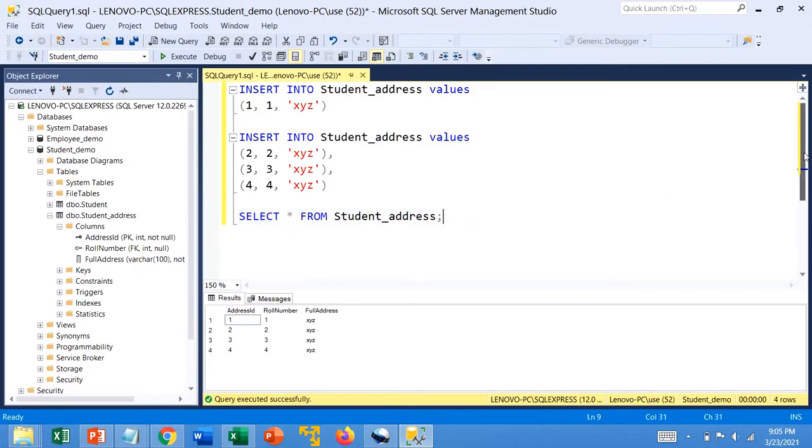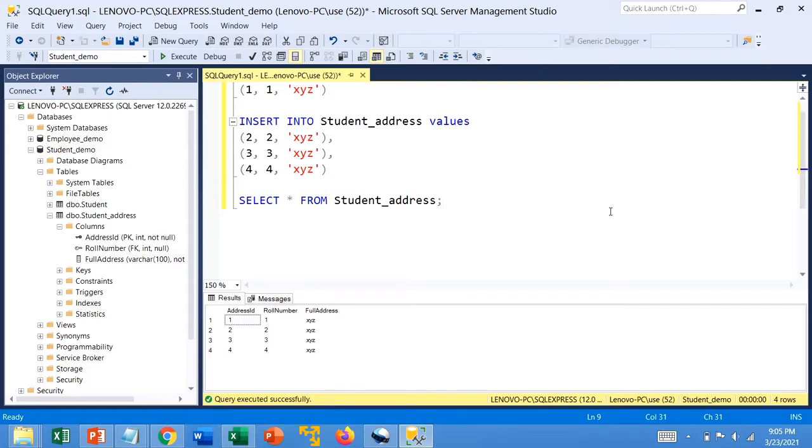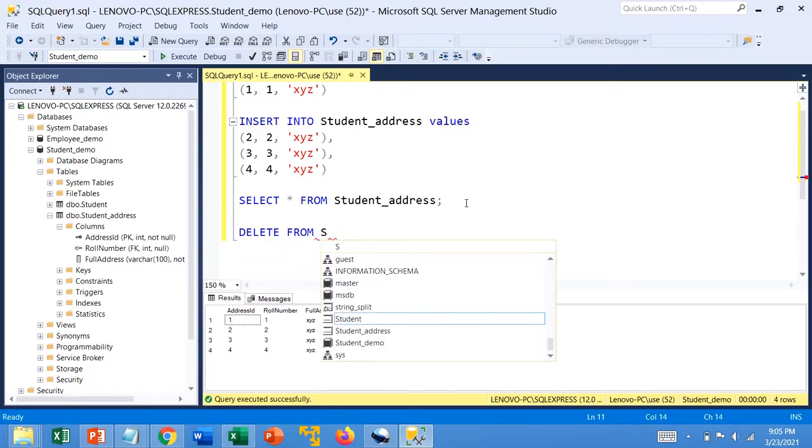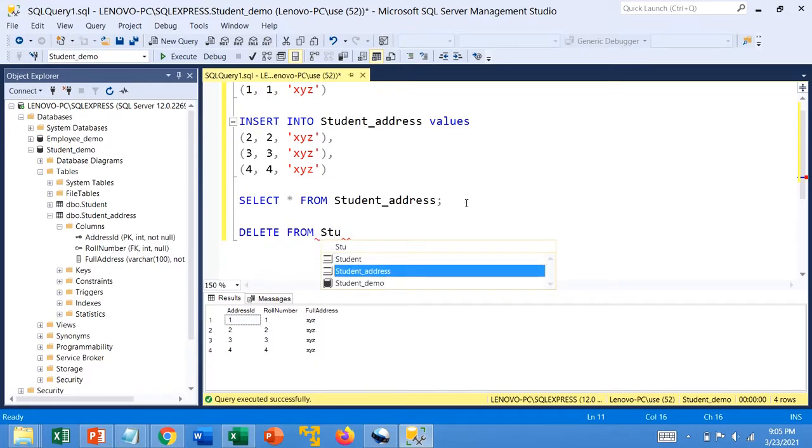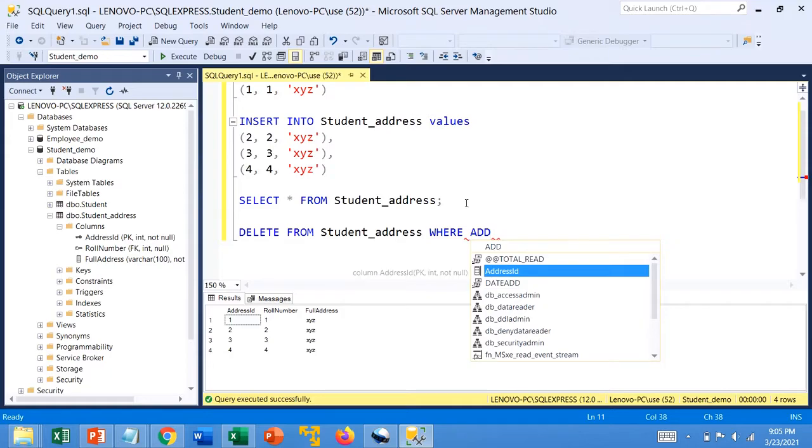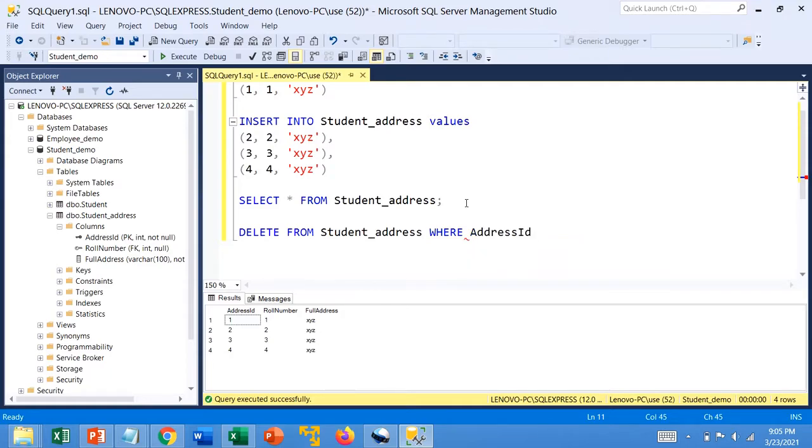Now let's try to delete any record. Here we will try to delete last record. For that, query is delete from table name where address ID is equal to 4.